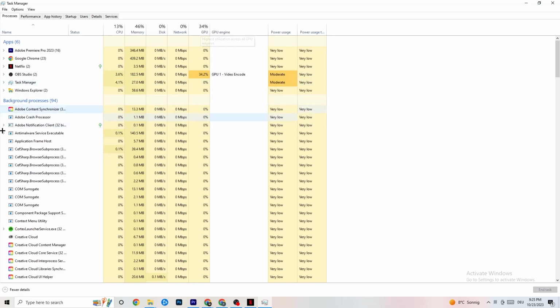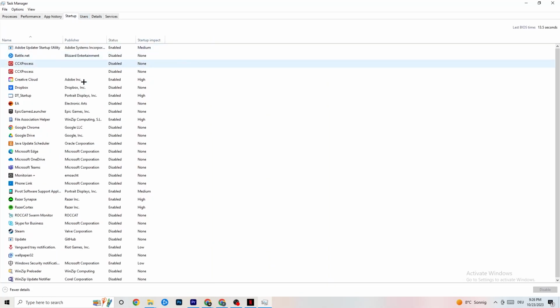like location and background, which is currently having too much GPU, CPU usage, by just simply hitting right click and clicking on end task. And you can also do that by closing the background processes, which are currently having too much GPU, CPU usage, but just keep in mind some of them are useful for your device to run, so just don't end them. Afterwards, go to the top left corner, click onto startup, and now you're going to see